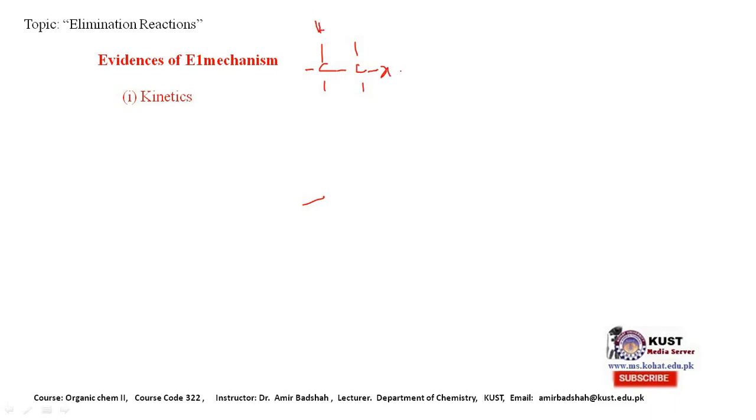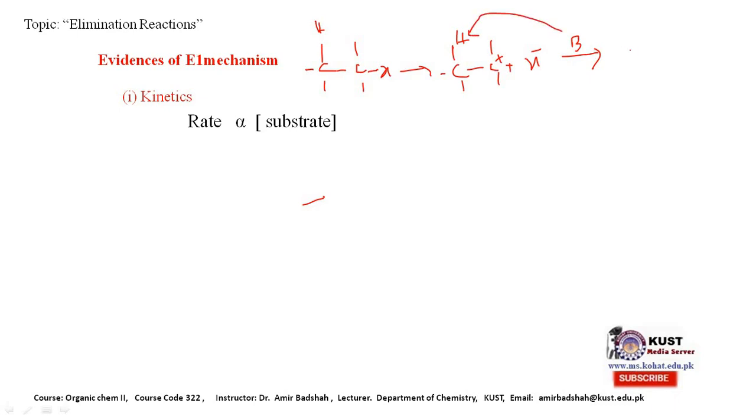So in that case, first the leaving group leaves. By the leaving of the leaving group, what will happen? A positive charge will appear on this carbon, and the leaving group leaves as a nucleophile, as a negative charge. Then what will happen next? The base will abstract. In the following step, the base will abstract hydrogen. For example, it will abstract hydrogen from this position, and as a result a double bond will be